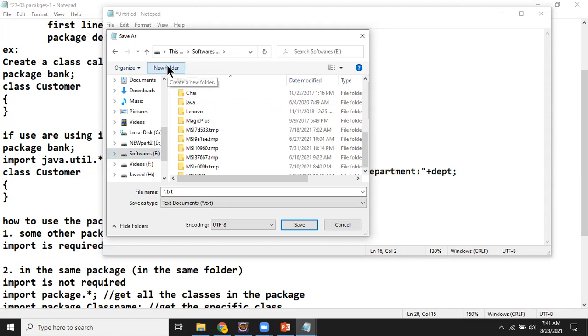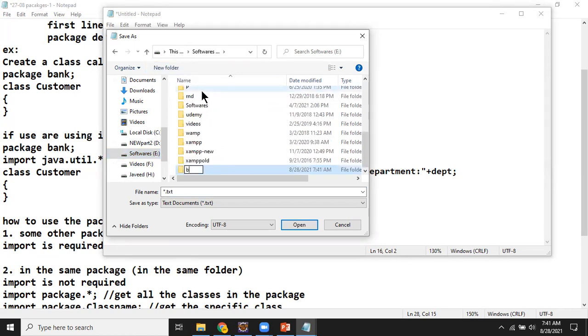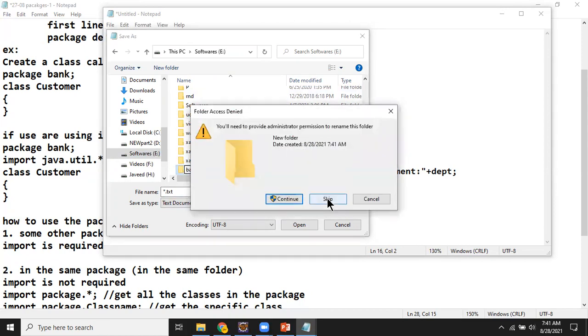Let us say this is the bank package I'm going to create. So I'm creating a package called bank there, and I select this. Admission permissions are required.